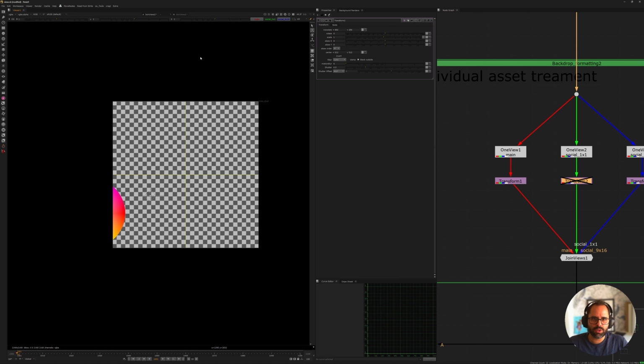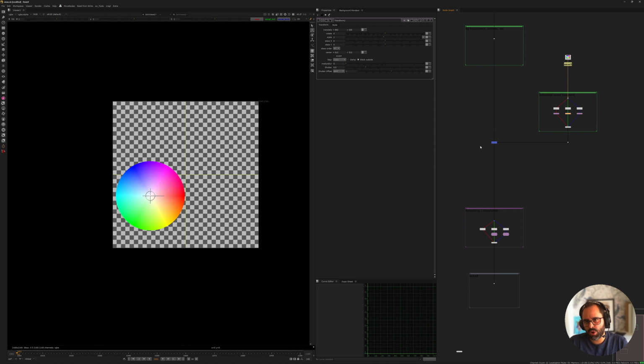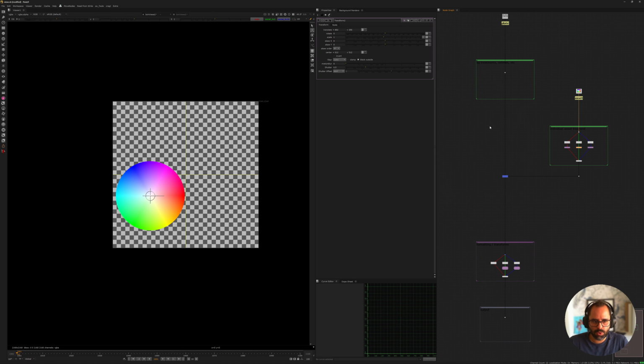Now, if we switch to our social 1 by 1 and we enable and disable this, you'll see you're only affecting that view. So that's the power of this. You're keeping a lot of information in one script. Alternatively, you can just create different scripts for this, but that's what we're trying to keep away from,